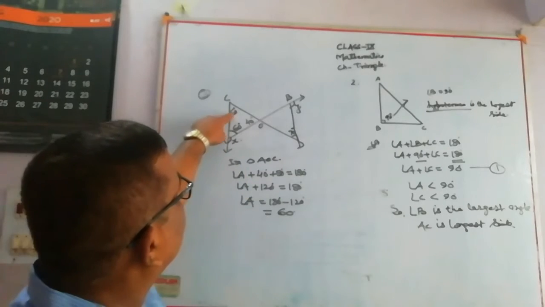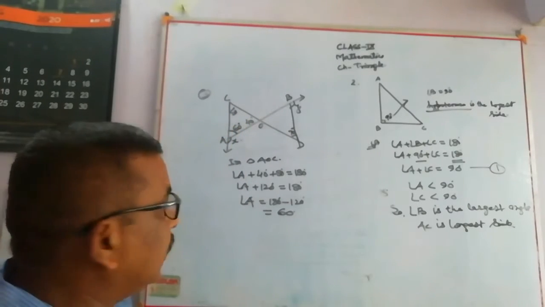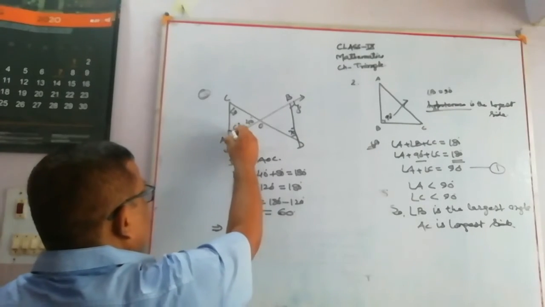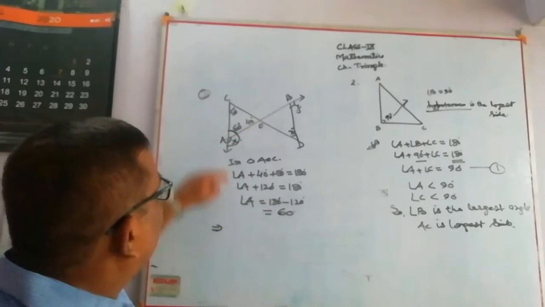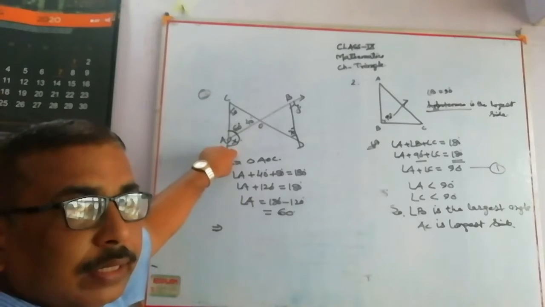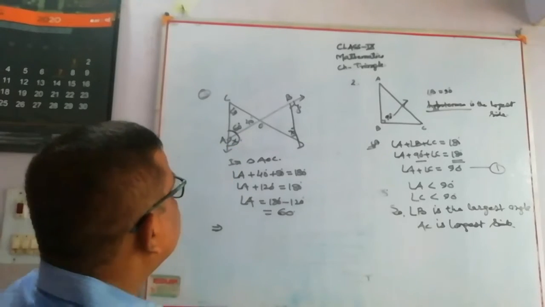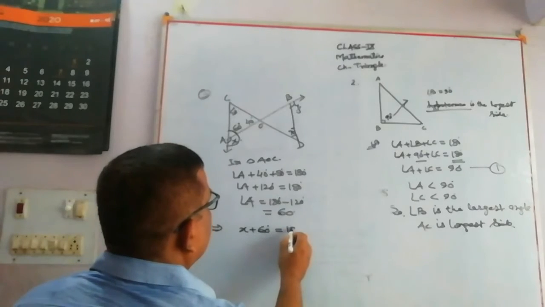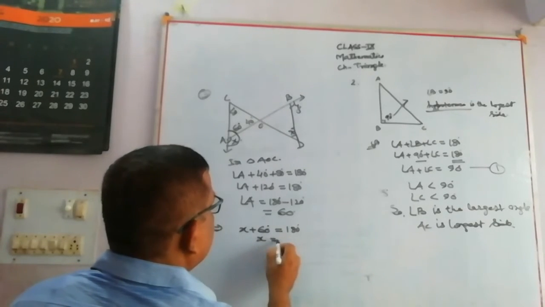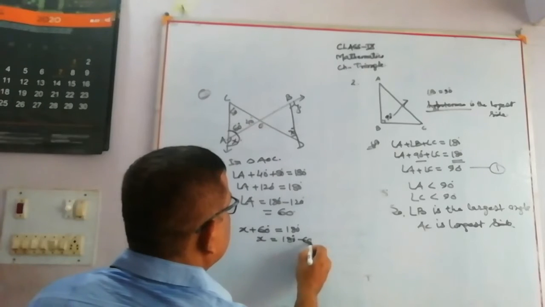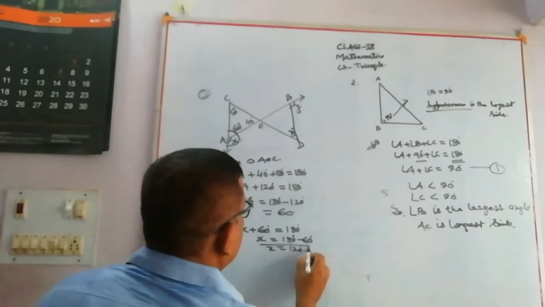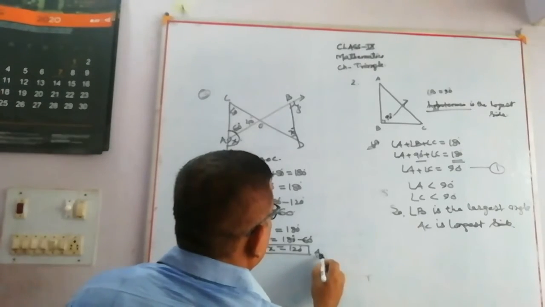That is the property of triangle. Do you know that the sum of all angles of a triangle must be 180 degree? Now, on point A, two angles are formed. What is the sum of the angles? 180 degree using linear pair. It means x plus 60 degree is equal to 180 degree. x is equal to 180 degree minus 60 degree, that is 120 degree. x is equal to 120 degree, and that is the answer.